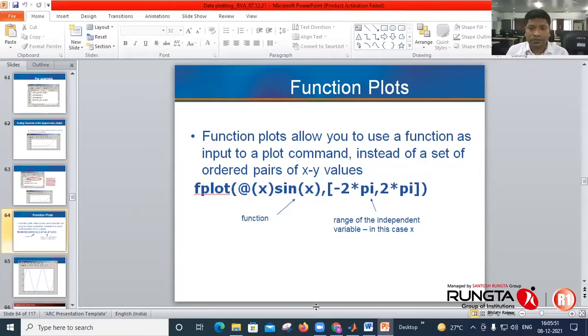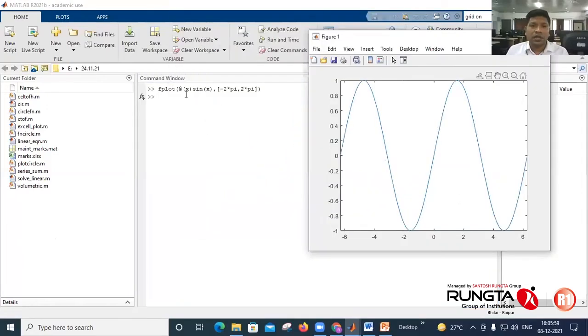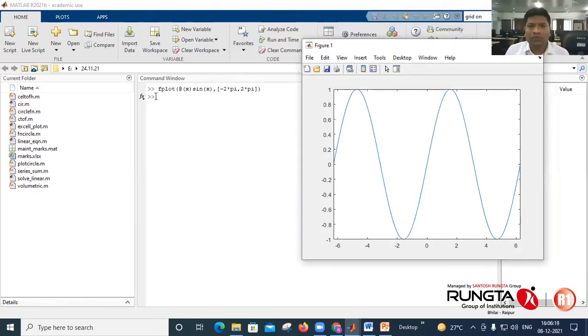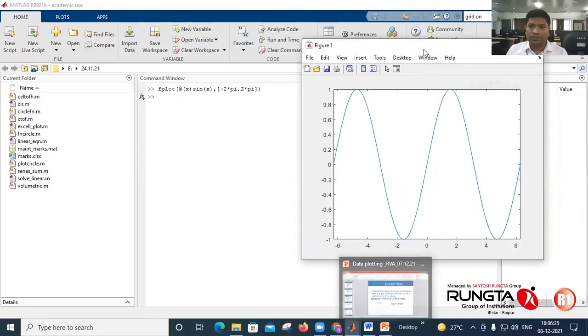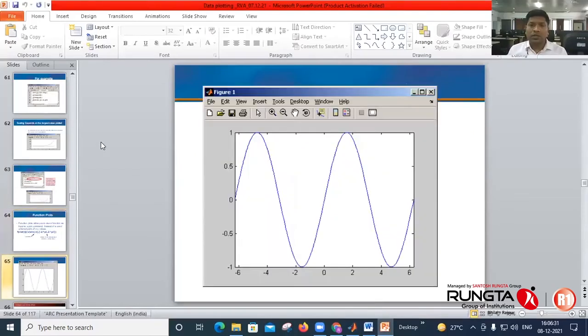Here, fplot @x, because x is my variable, the function is sine x, and I am giving the range from -2 pi to 2 pi. Accordingly, it will generate the function plot. So rather than using the simple plot function, here I use fplot. These function plots are also available in MATLAB.